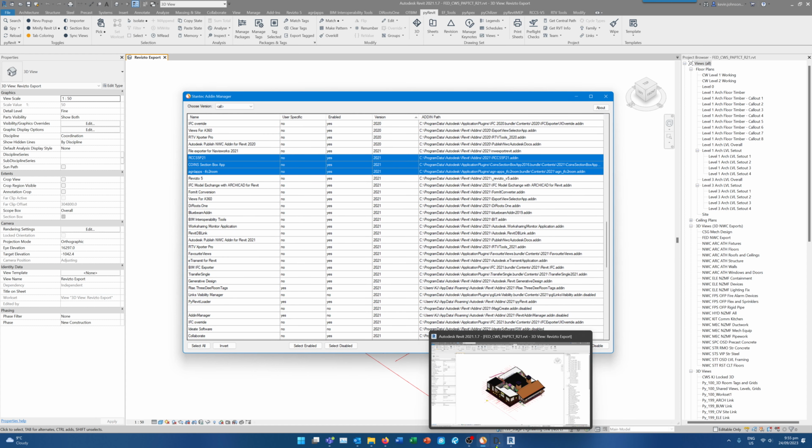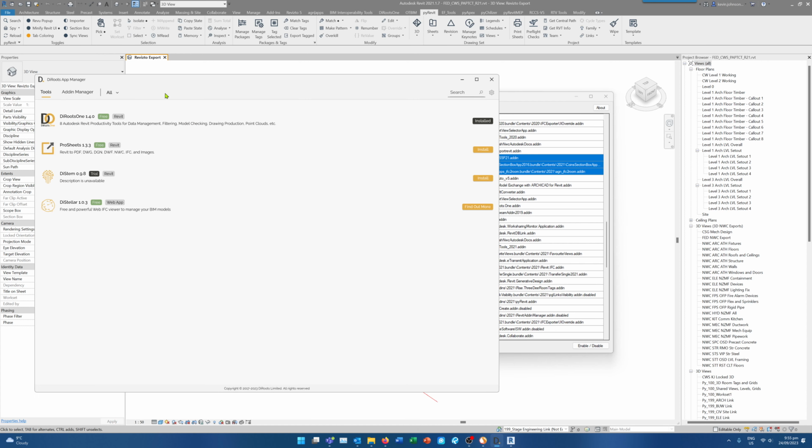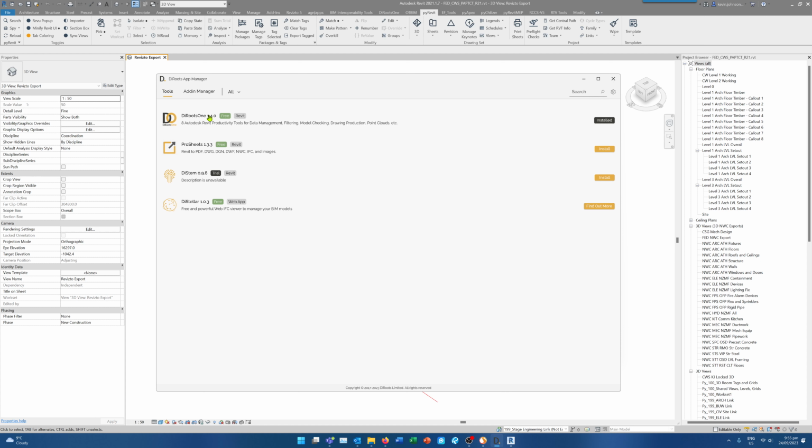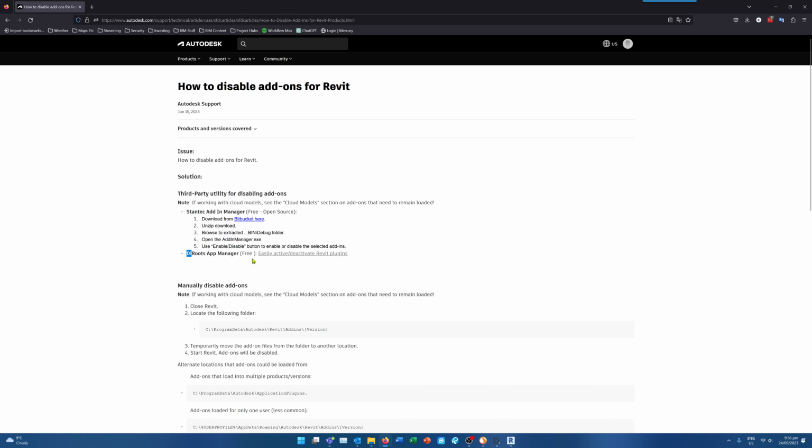The other one that's come out not so long ago is by DiRoots. DiRoots' apps are probably a whole other conversation in themselves. They've got heaps of free stuff in their library. You don't usually get much for free these days, but these guys do quite a lot. There's probably a lot to talk about with the free stuff they have in a separate few videos, to be honest. But in the DiRoots App Manager, which is also on that Autodesk page, the next one down,